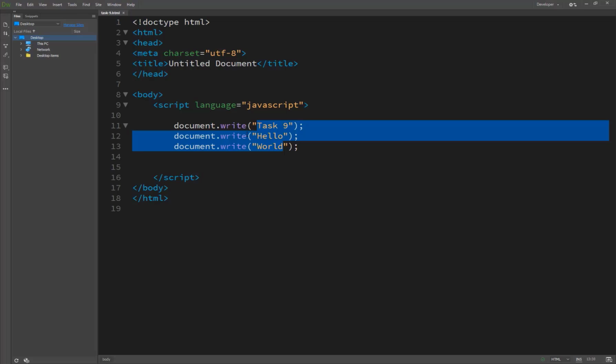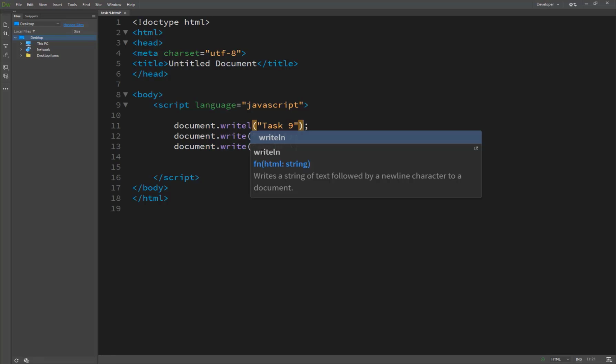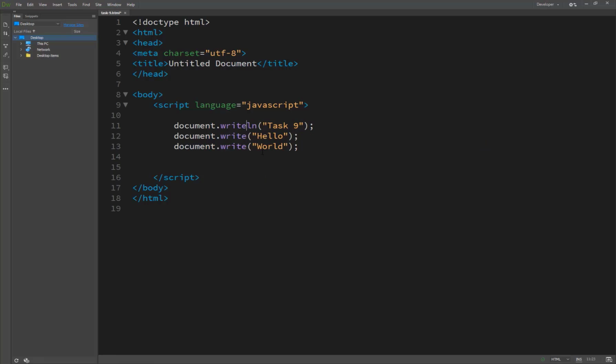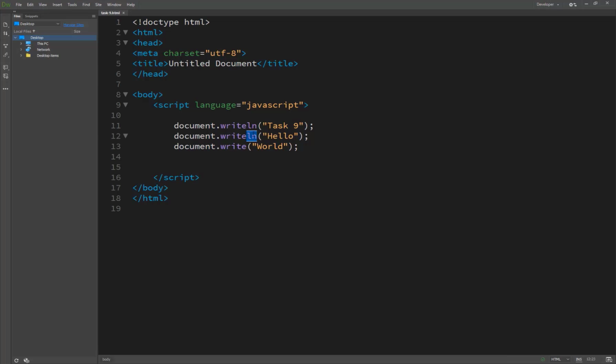So we are trying here to write the command document.writeln for maintaining space, and the same thing is here. After 9 it maintains a space, and after Hello it maintains a space. So we see our results, and now it looks better: Hello and World have one space in between for the line. It's a JavaScript tag, a document.writeln. So we are completing the task.